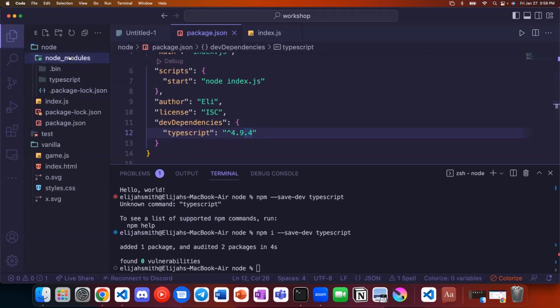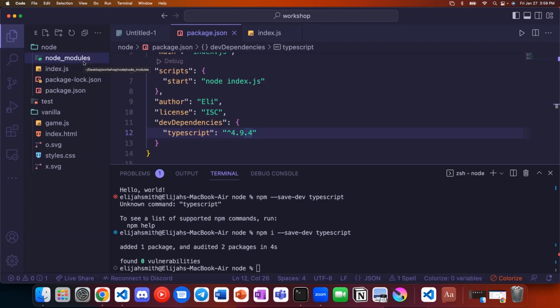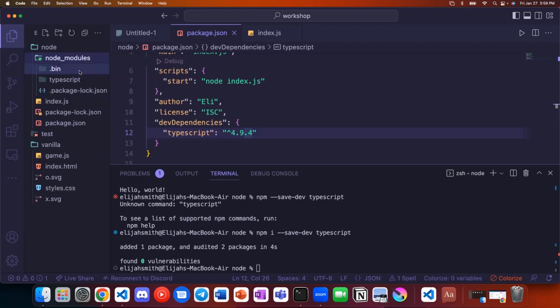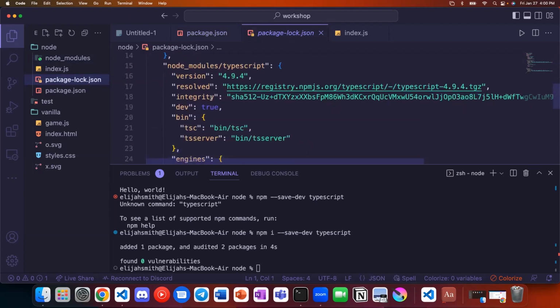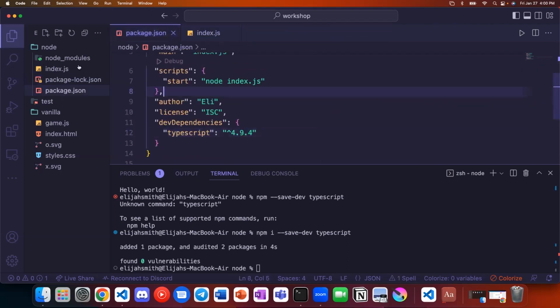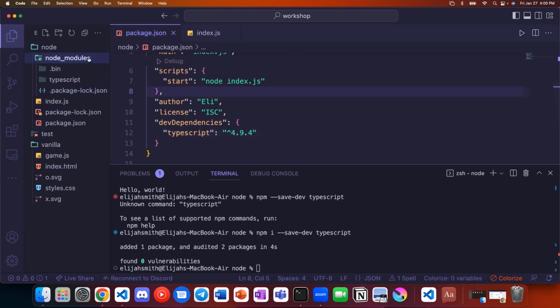So if we did that, we now have a node modules folder, which is usually really big. If we create a React application, this would be hundreds of folders. And this node modules has all of the things that our application needs in order to actually run, which right now is just TypeScript. There's a package lock.json, which is like the long dependency chain, formatted so that everyone who's using your project can have the same installation. This node modules gets really big really fast. If you were committing this to Git, you would never want to do that. You would want to put it in the Git ignore.